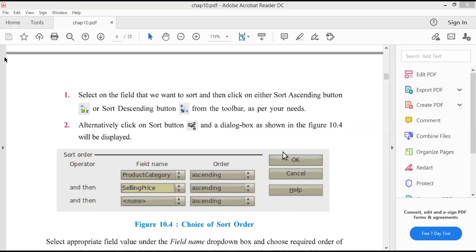Are you understanding what I am doing here? I just sorted ascending, and I just gave this number in reverse order. Now we want to arrange in ascending or descending order. So supplier name or supplier ID. First we will give supplier ID. If you want to sort it ascending, you just click here, sort ascending.